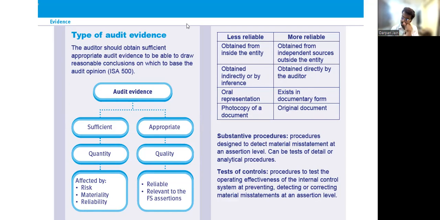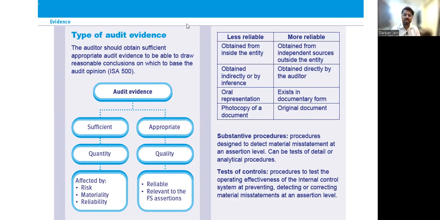The procedure is not going to change, but the objective is going to change. There you were doing analytical procedures in order to assess the risk involved. Here you are doing analytical procedures to see whether there are any material misstatements in the financial statements.